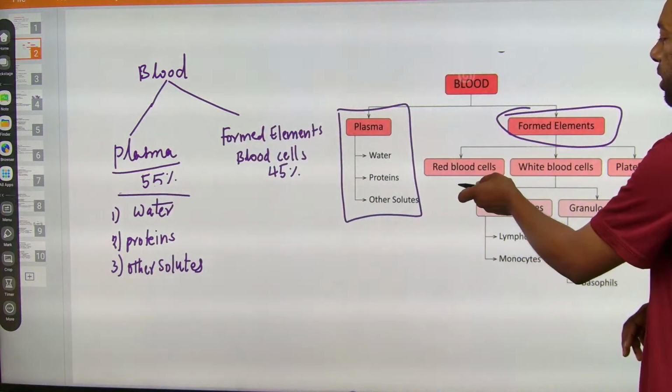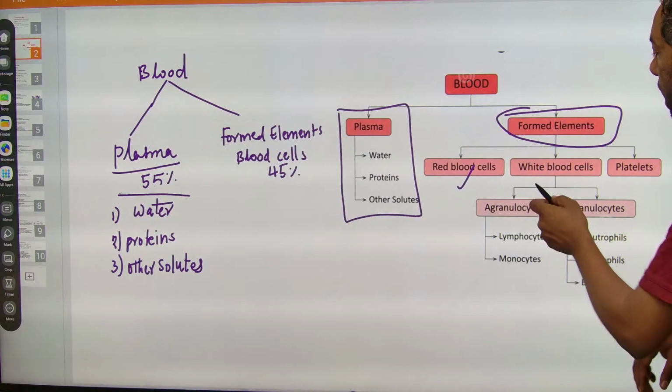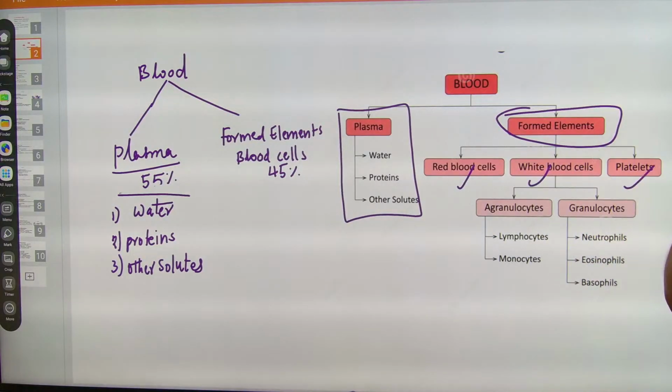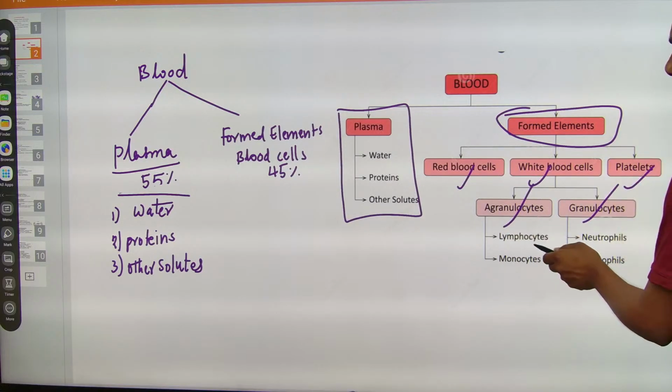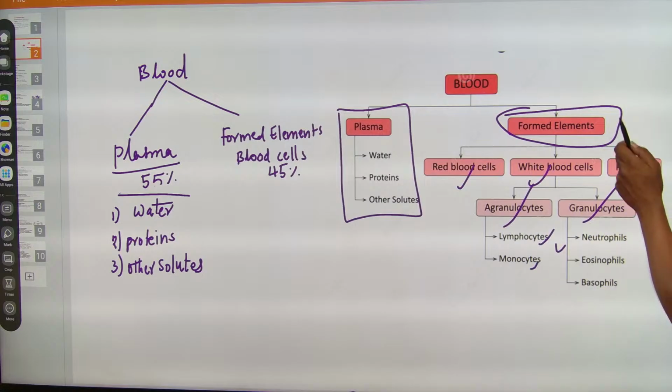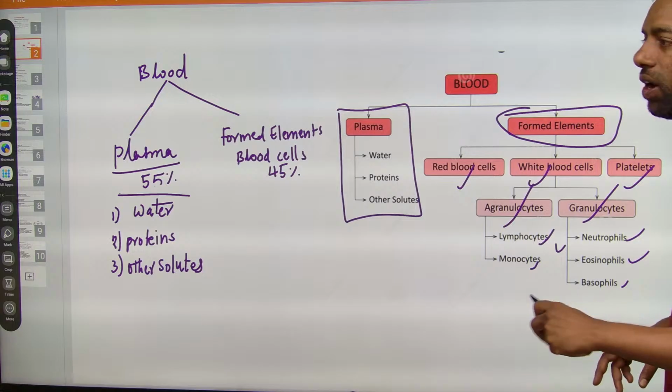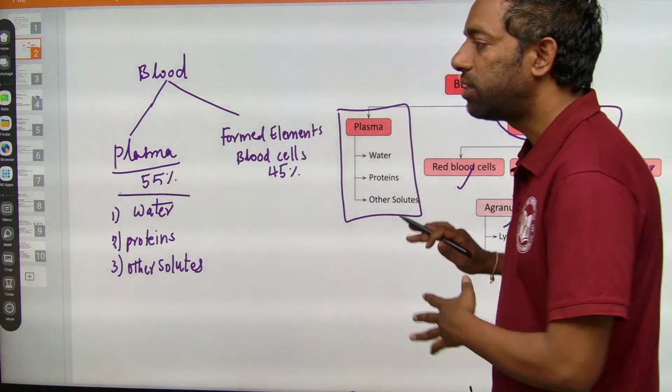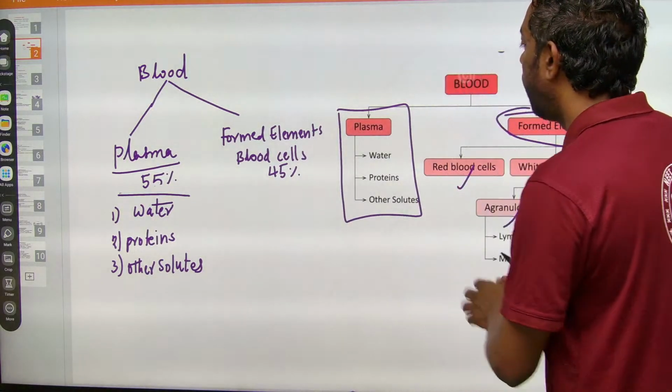Guys, this is the plasma, this is the formed elements. Formed elements are RBC, WBC and platelets. WBC are again of two types, agranulocytes and granulocytes. Agranulocytes are lymphocytes and monocytes. Granulocytes are neutrophils, eosinophils and basophils. We will discuss each of these later on. Now coming to the plasma,